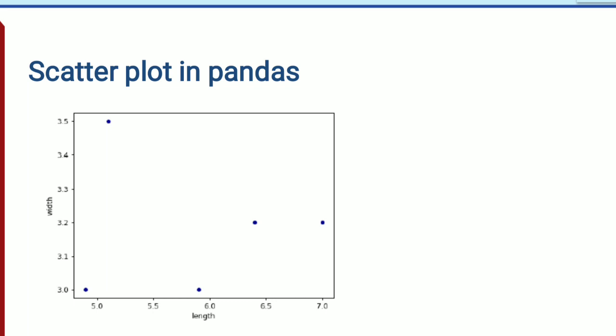So in this way you can compare these two columns by using the scatter, and from here, as you can see, the value for length and width is, for example, in the first part we have 5.0 and 3.0. So this dark point is between 0 to 5.0, where the x-axis is the length, and we have another variable, the width variable, in which that point is lying between 0 to 3.0.